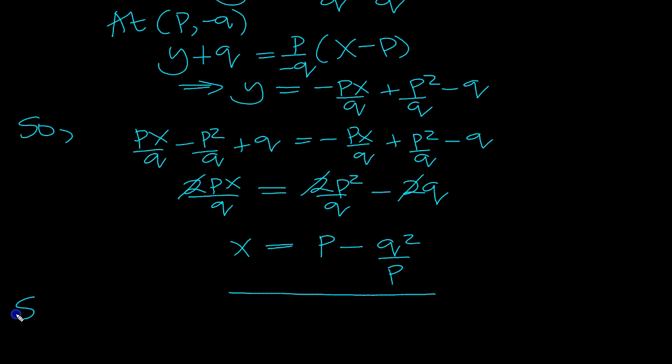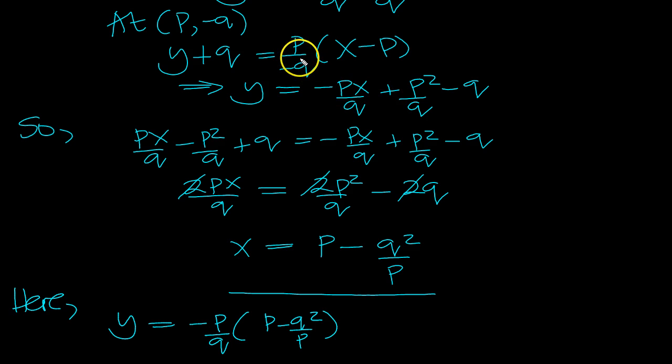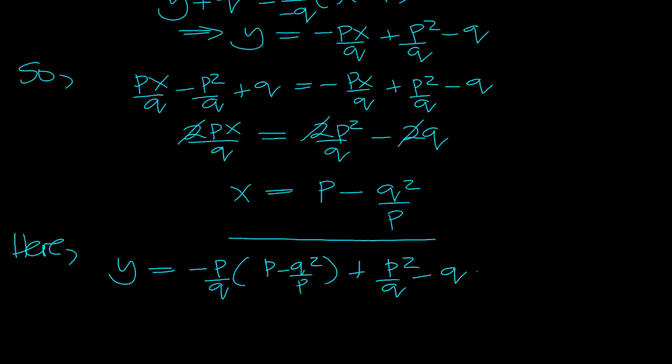Okay, so here then, what does y equal? We need to show that y equals 0. Let's put it in: minus p over q times the x value. So that was that. Here, plus p squared over q minus q. So that equals, let's see what we get,